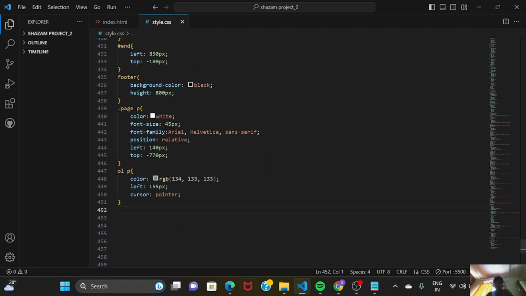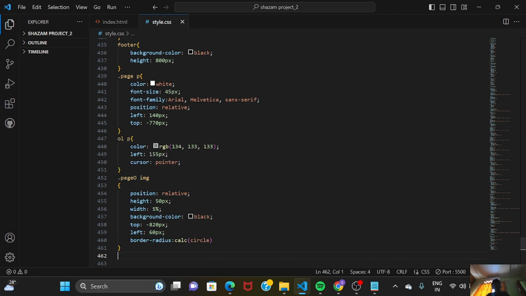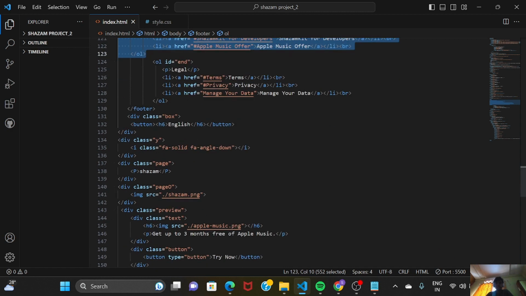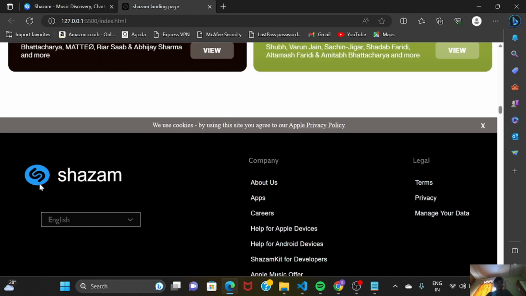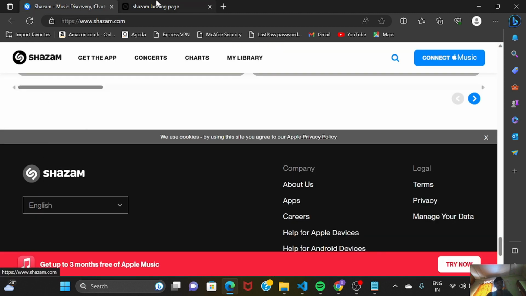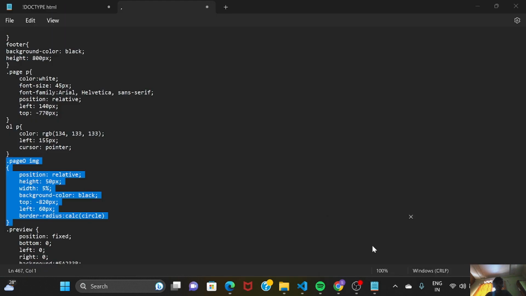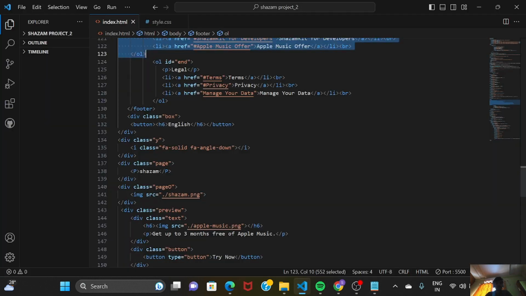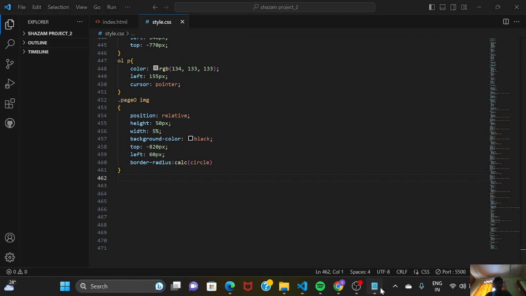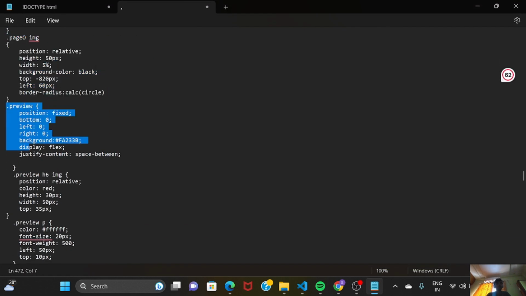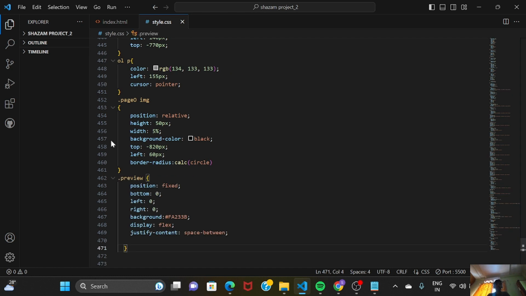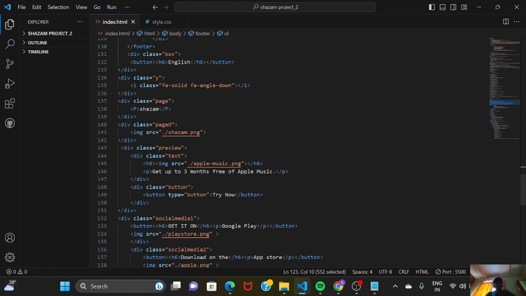And if we take here page dot page 0 img, this is the Shazam picture we're talking about. So here we got a Shazam image, which is pretty similar to that of the Shazam. Dot page 0 has been completed. Now we are moving to the next part. So the next part is dot preview. Dot preview represents